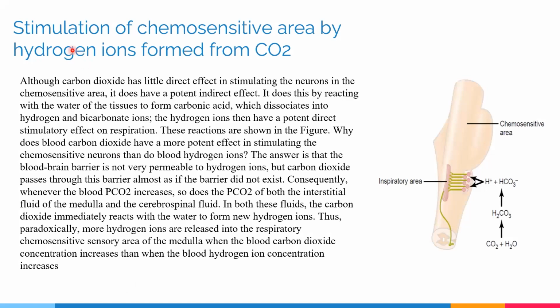So now we'll look into the stimulation of the chemosensitive area by hydrogen ions formed by carbon dioxide. This is a schematic showing the whole process. Although carbon dioxide has little direct effect in stimulating the neurons in the chemosensitive area, it does have a potent indirect effect. It does this by reacting with water in the tissues in order to form carbonic acid,